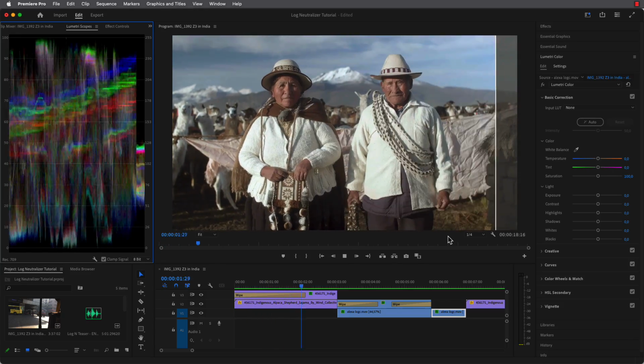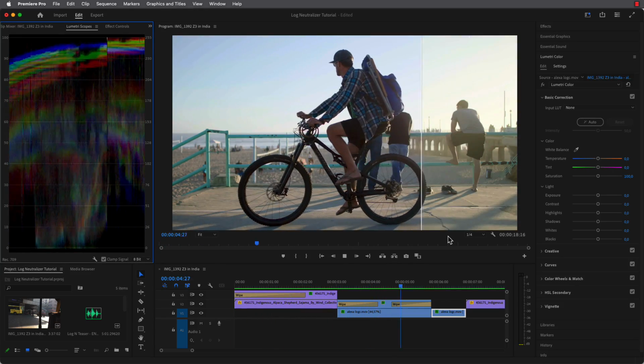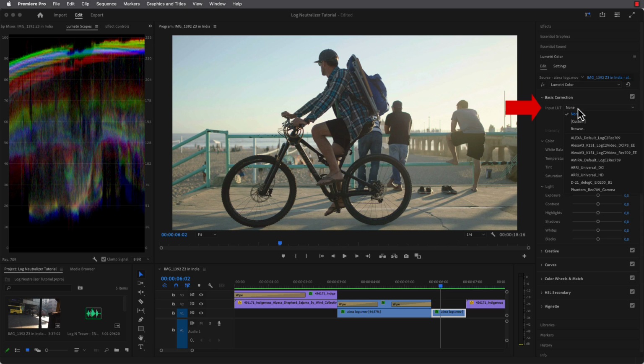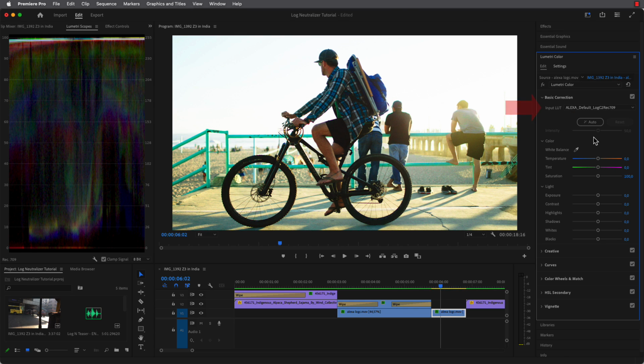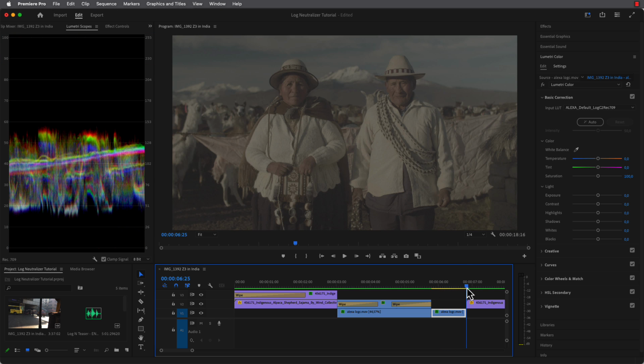You shoot log footage to preserve all the details in your shadows and highlights, and then you apply a conversion LUT which pushes your footage into the clipping. Makes no sense at all, right? I will explain later in this video why log to Rec.709 LUTs very often destroy your footage, but first I'll